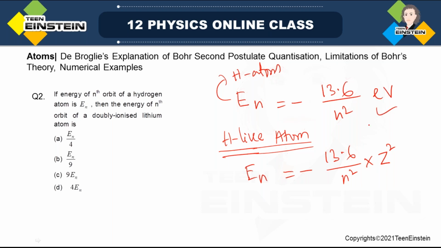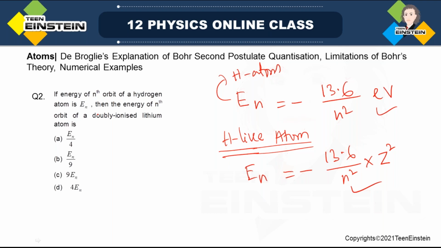See, this is the energy of nth orbit, like of an electron in hydrogen atom, and this one is the energy of an electron revolving in the nth orbit, but this is for hydrogen like atom where they have z more than 1. So in this case, look,